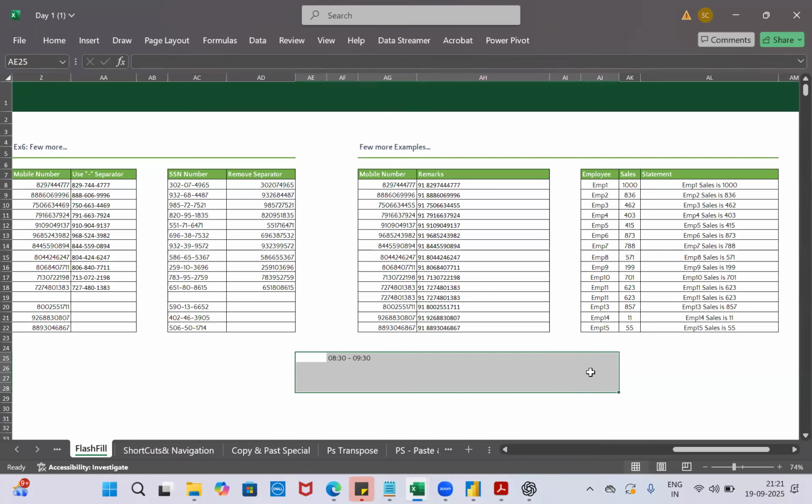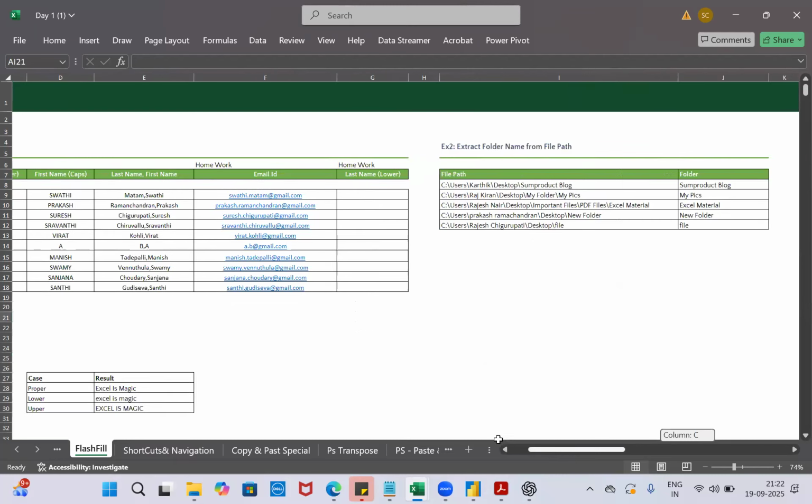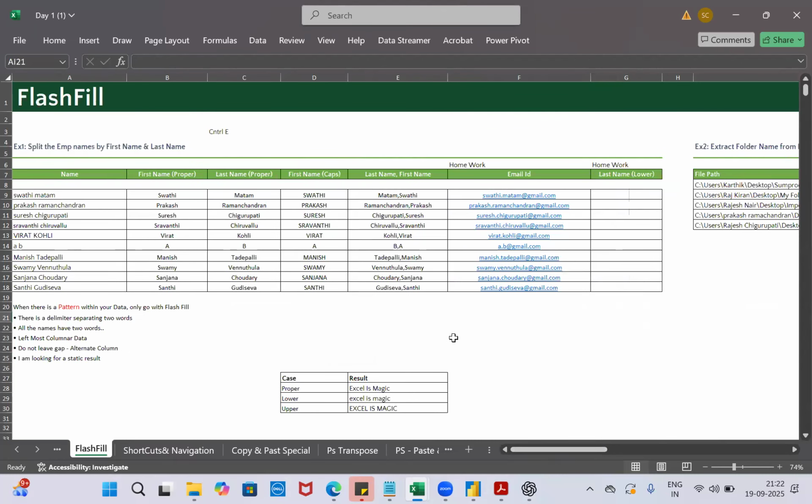So you're saying how should I use this formula in your work? Yes, just Control E, you're done. That's all. Whatever you're doing here, do there. Maybe you don't know this formula till yesterday. Correct, ma'am. Then you're already working on Excel. You don't know this formula means you have a lot more to learn from me.